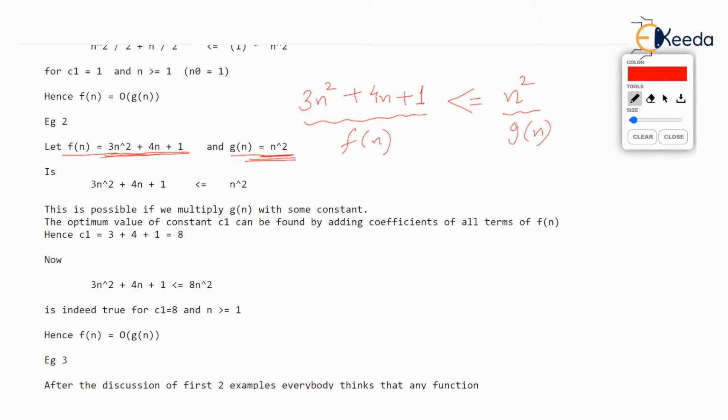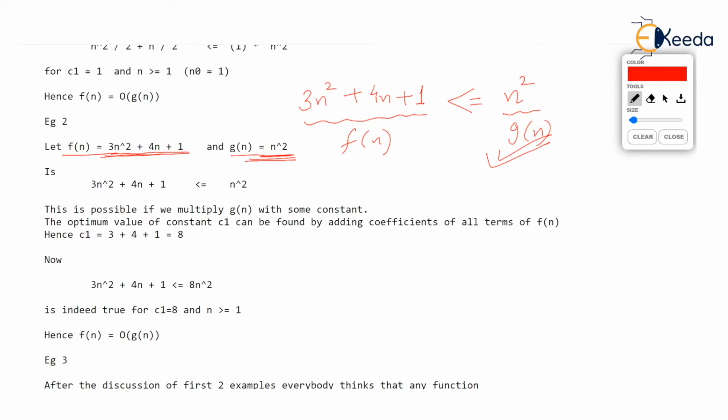But in our definition, remember, you can multiply g(n) with some constant, such that forcibly you can make g(n) greater than f(n). In other words, you can force f(n) to become less than g(n) by making g(n) bigger, by multiplying it with some constant. Now, which constant should I take here? In the first question, it was so easy. It was obvious. You can take the constant as 1.